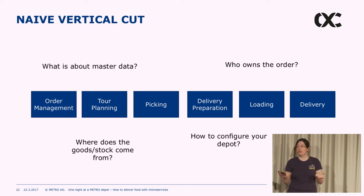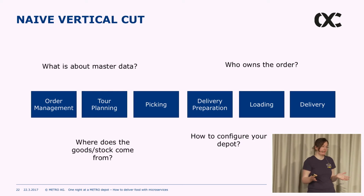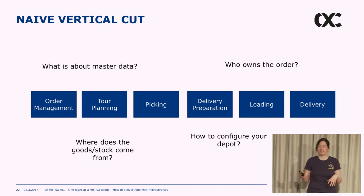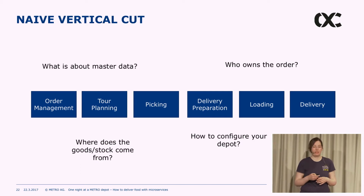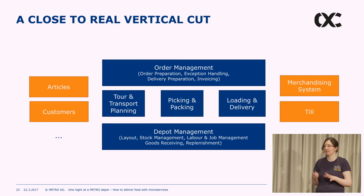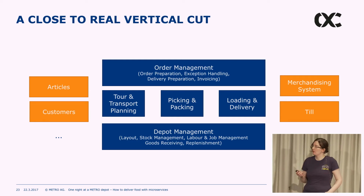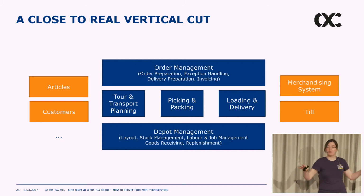Because if you imagine you have several depots worldwide, they will not necessarily all look the same, because you have different countries with different needs and different sizes of cities, so you need to configure your depot as well. So to come to a little bit more realistic vertical cut, it's not completely the reality right now, but very close by. So you will have something like an order management, which is more steering the whole process, and then